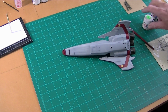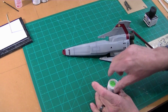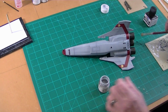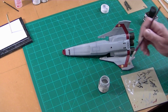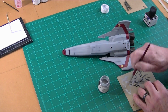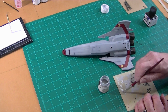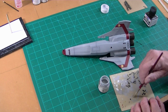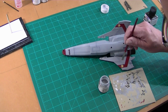As I start the weathering, I'm going to show you a couple of techniques I use. I'm going to take this paint I mixed for the Viper, and I'm going to do a little bit of wear on these red stripes. So I'm going to take this paint, I have this real short little brush here, I'm going to get the paint out of it on a piece of cardboard until there's hardly any paint left in it. And then I'm going to